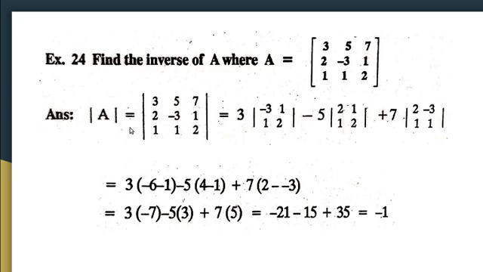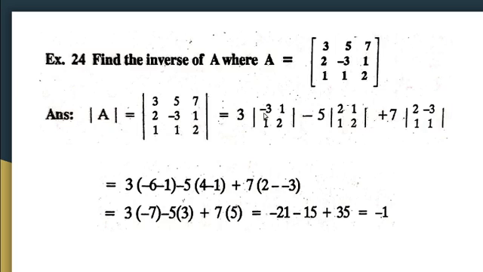In order to find the inverse of A, you have to find the adjoint of A and also the determinant. That means inverse of A is equal to adj A divided by determinant A. So here we are determining determinant A. For that we have to consider the three elements in the first row. Take the first element in the first row, then delete its row and column. Then determine the determinant value of the remaining elements.